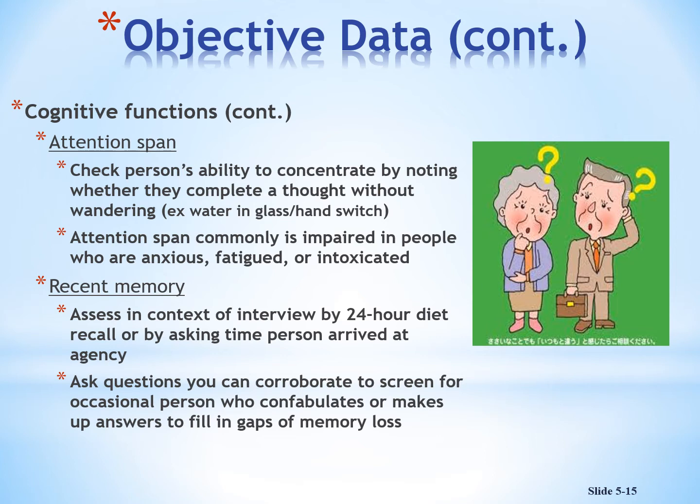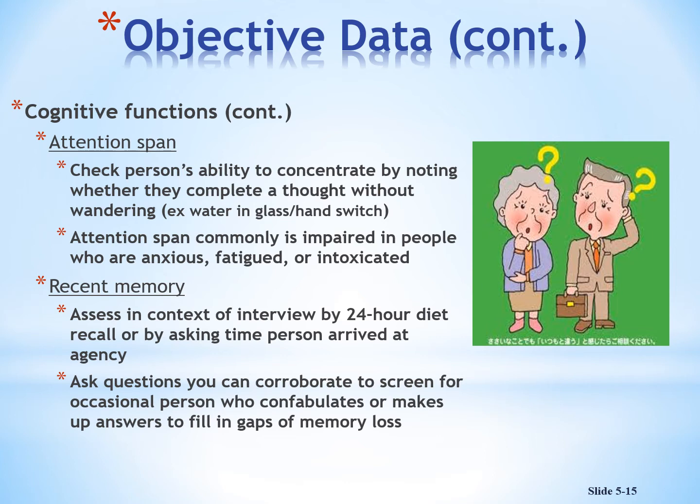And what we can do is we can give them an assessment. Like I can tell the person to take the glass in your right hand, move it to your left hand, and then put it on the table, right? You're checking to see if that person has good attention span. It's impaired generally in persons who are maybe just tired, overly stressed, fatigued, or maybe if the person is intoxicated, they won't be able to follow it very well.